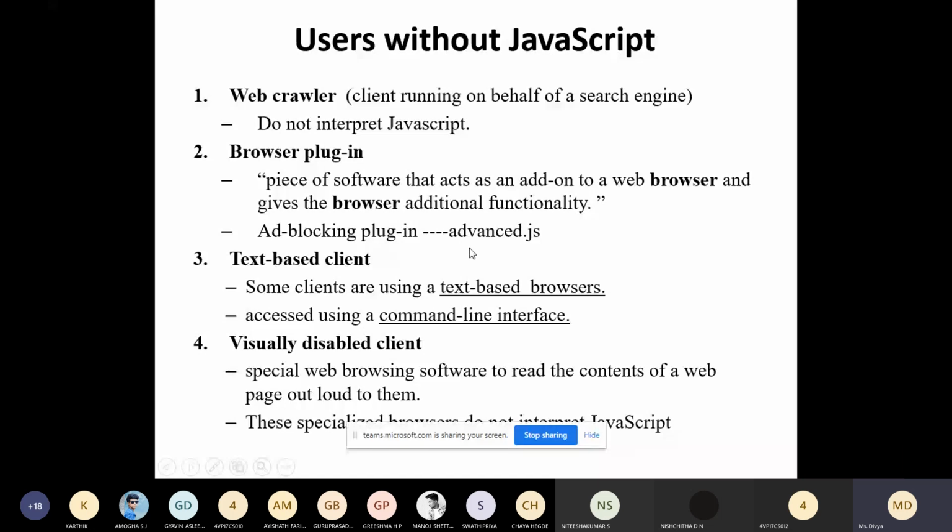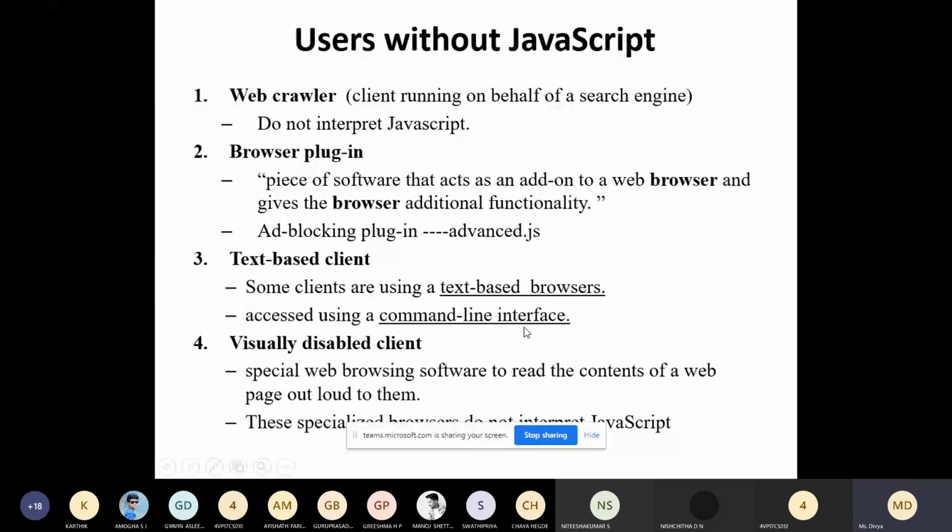And the third one is text-based clients. Here, client is nothing but browser. Some clients are using text-based browsers. In a text-based browser, if you want to access the content from a website, we'll be using a command line interface.